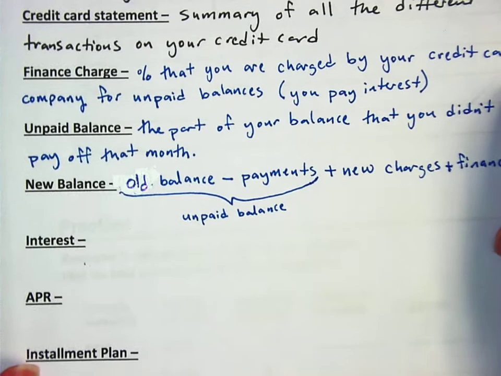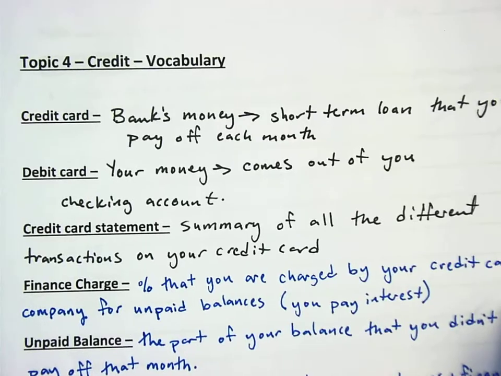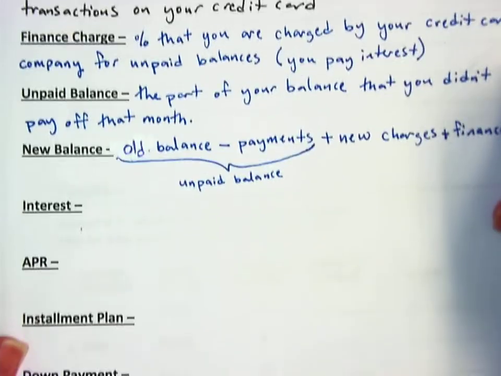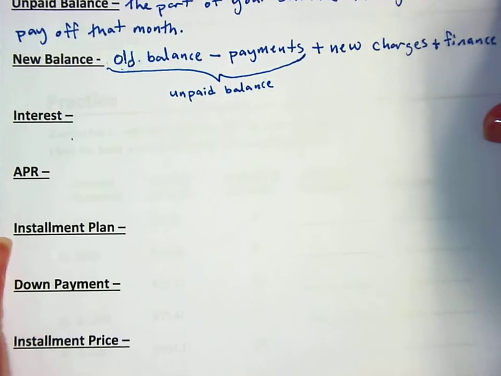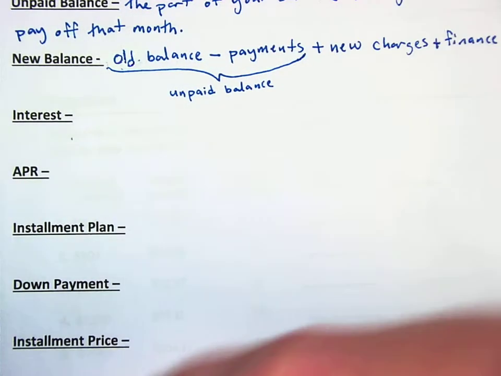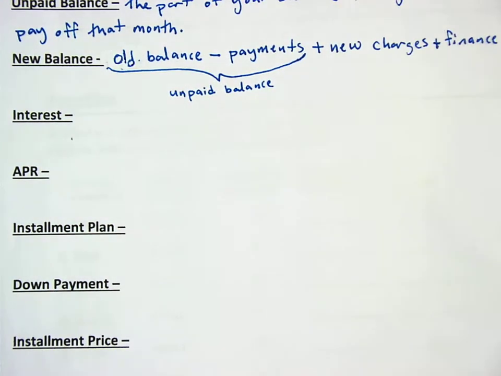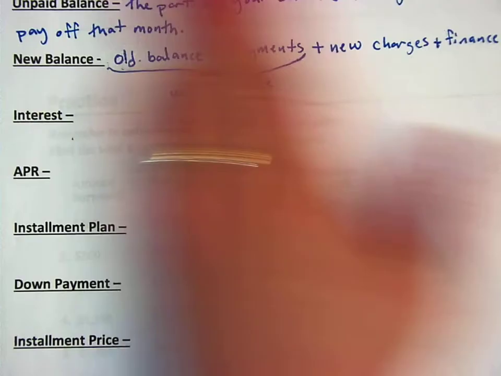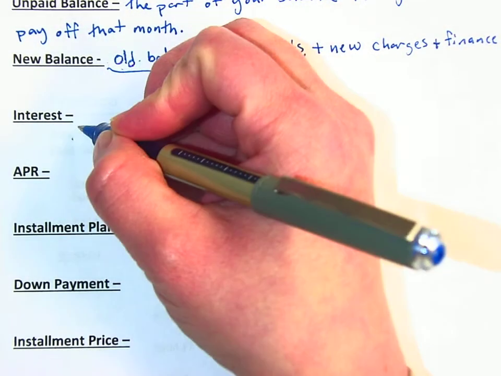So the first thing you're going to want out is our vocab sheet. We're going to add some stuff here. Okay. So interest